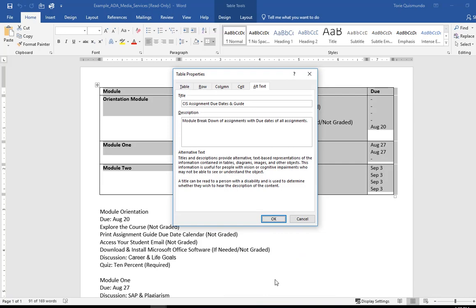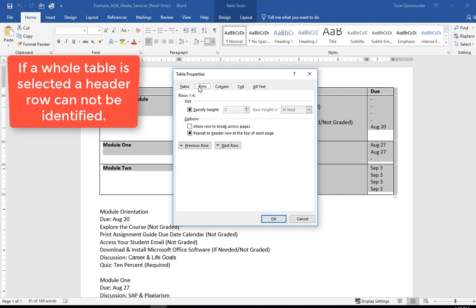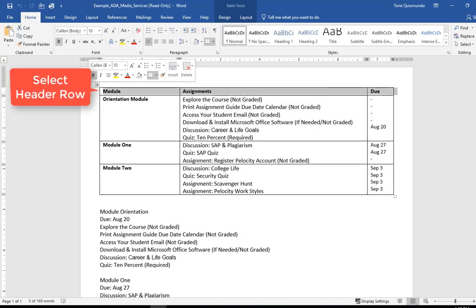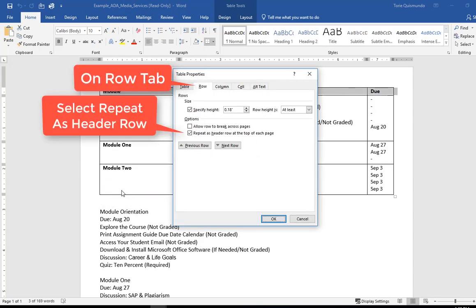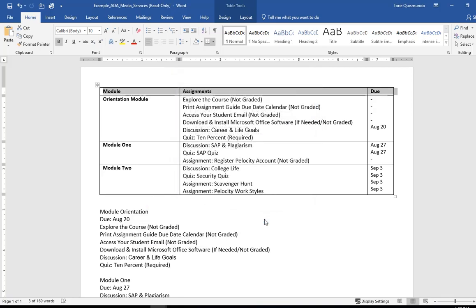But look, I have the whole table selected. I need to go back and select just one row that will repeat. Why would one row need to repeat? The header row is repeated as the table is read, top to bottom and left to right. For example, this table would read Module, Assignments, Due, Module Orientation, Module, Assignments, Explore the course, not graded,